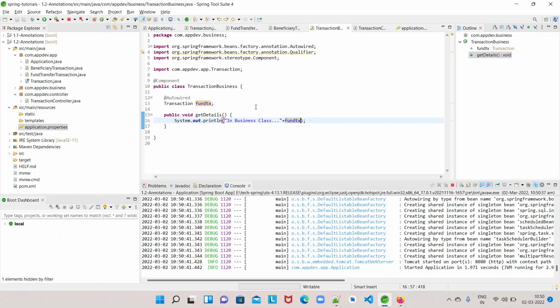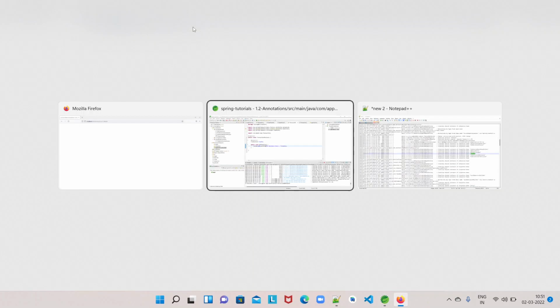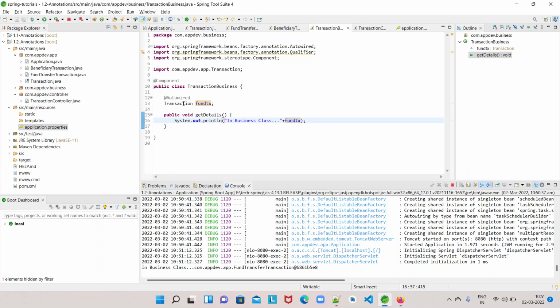If you want to go with name based autowired injection, then you have to give that particular name to your dependent class here. Okay, in the transaction business, if you see this, the fund transfer transaction is injected into transaction business.